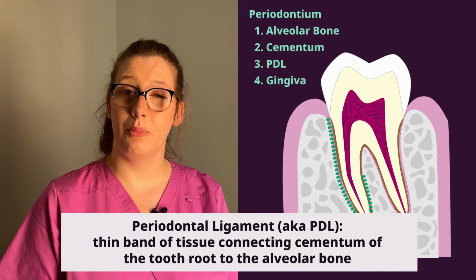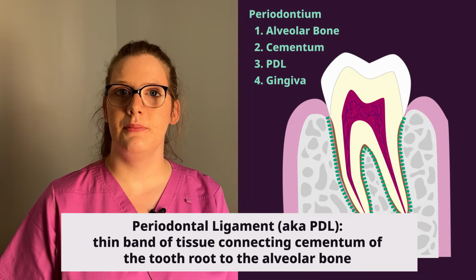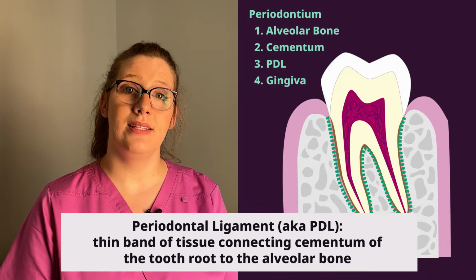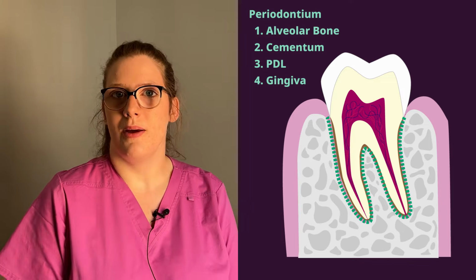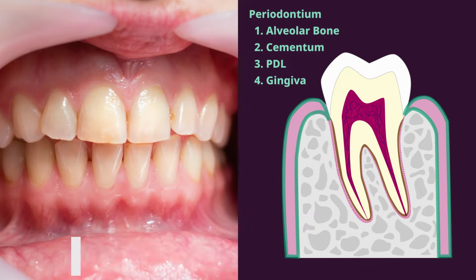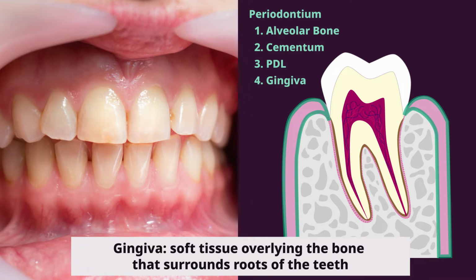And the periodontal ligament, abbreviated to PDL, are thin bands of tissue that connect the cementum to the alveolar bone, thus holding the teeth into the jaws. And the gingiva is the soft tissue, the pink soft tissue, that covers the bone that surrounds the roots of